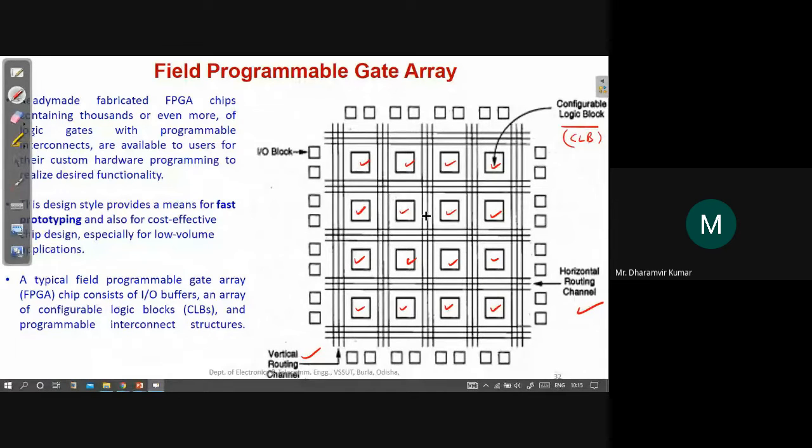For each new design, the connection would be different, so the same routing channels will be used for a different set of connections. For providing that capability, they need to be programmable in nature. That's why it's a programmable interconnect structure. And on the periphery, we have IO blocks, which are used for providing input and output signals. So this is a simple structure of an FPGA.